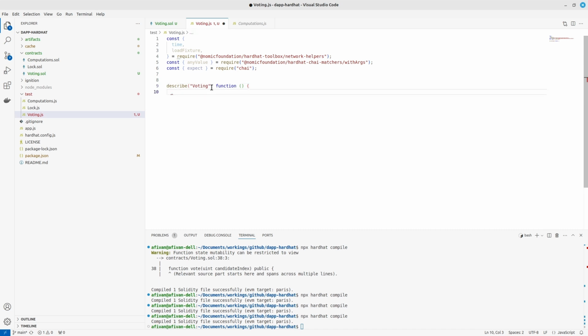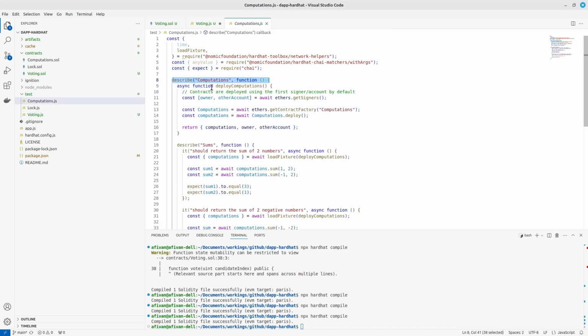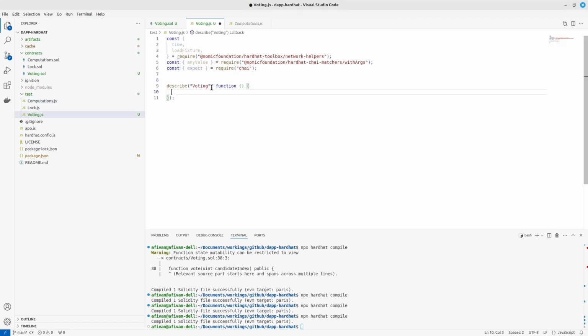So in here we will have our test cases. Okay, so we will start first with the deployment. We can use an asynchronous function to deploy the contract first, since we need to have it in a kind of test blockchain in the computer's memory, in order to be able to test the logic. Okay, deploy voting contract,